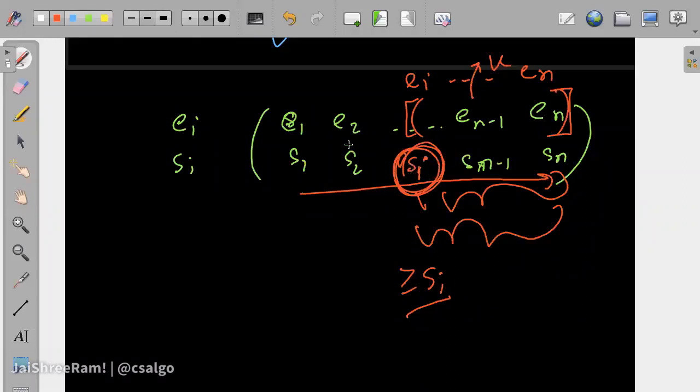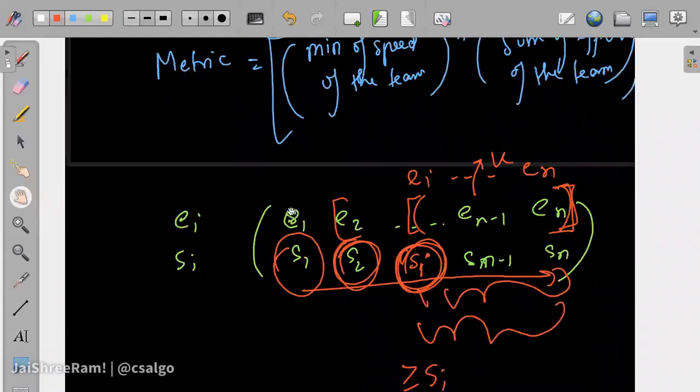Okay, if we do it with all S of I's possible, then all the teams that we could have created have now been considered, in whichever minimum speed that team has. So there might be a team which contains S of 2 as the minimum speed. In that case we would have taken the maximum sum out of these elements from E of 2 to E of n, picked out the k top elements, taken their sum, and multiplied it with S of 2, because that is going to be the minimum speed by the expression. Is it making sense?